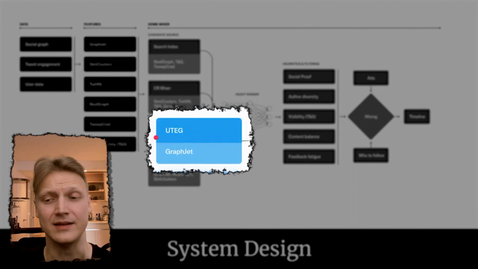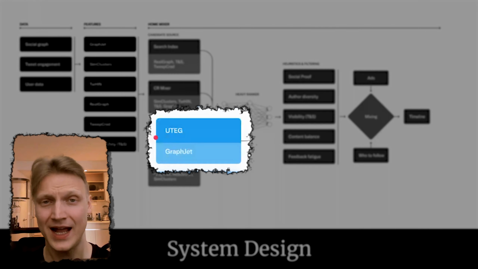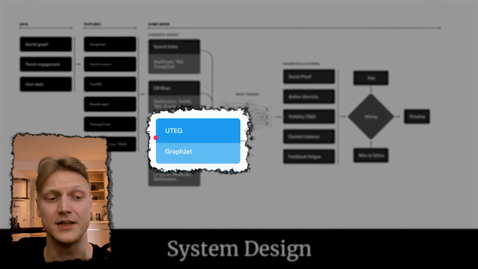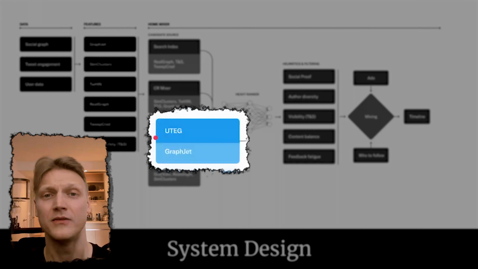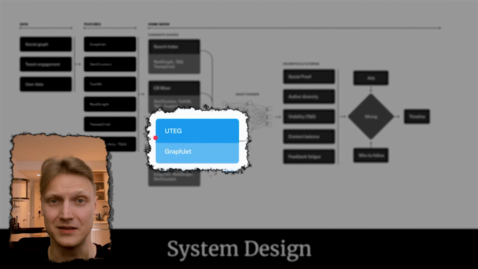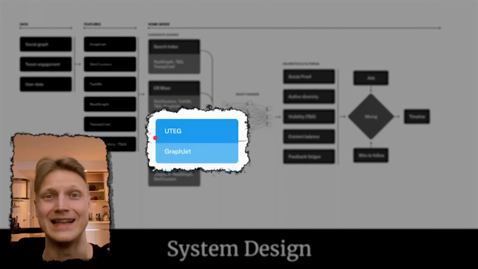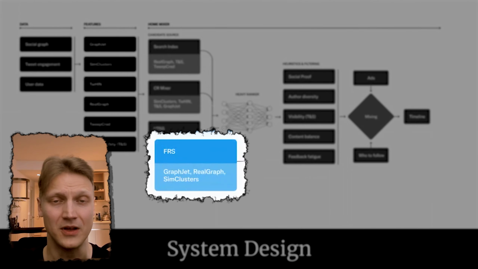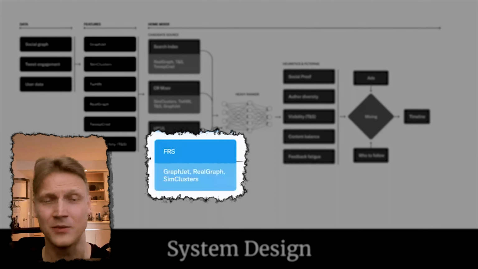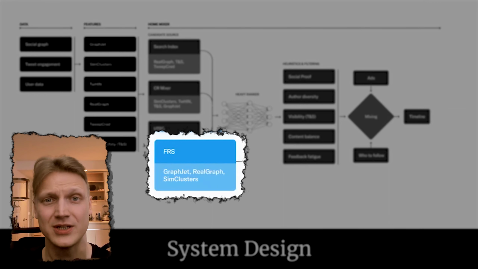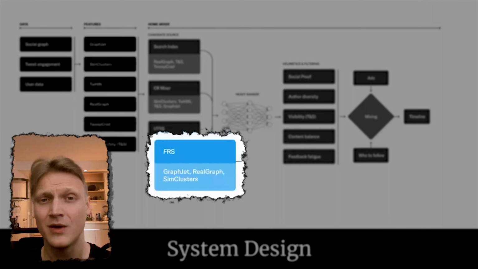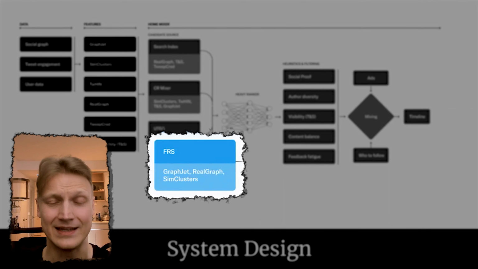The third one is completely empowered by GraphJet and provides notifications that someone from your circle has liked a particular tweet that you might be interested in as well. The last one is the follow recommendation service, and that is what gives various recommendations of users to follow, which you can find in various places in the user interface.